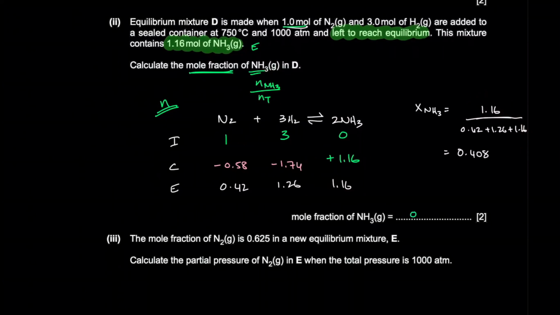The mole fraction obviously always has to be less than 1, right? Or less than or equal to 1. Less than 1 if you have more than one thing. So it'll always be less than 1. And then